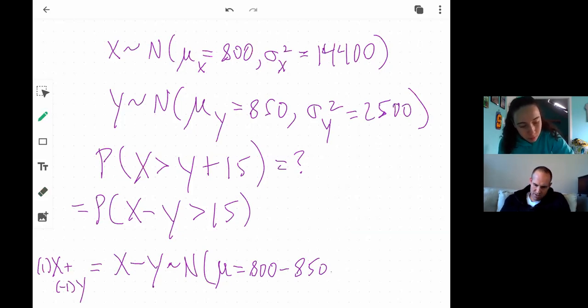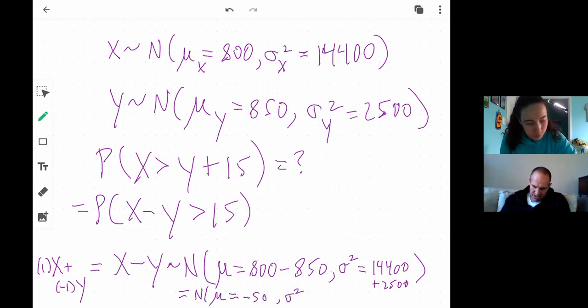What is the variance going to be? It would be the sum of the variances. So it would just be 14,400 plus 2,500. So this is just normal with mean -50 and variance